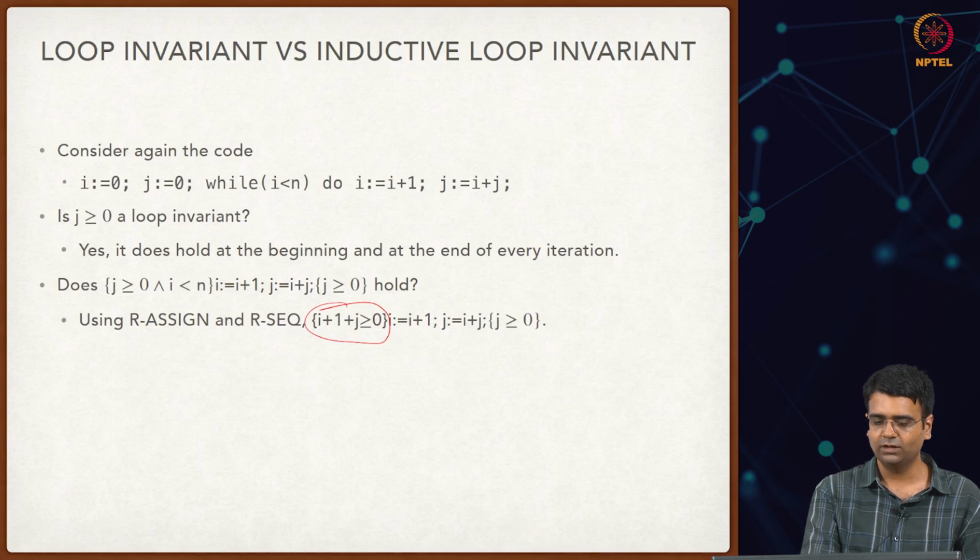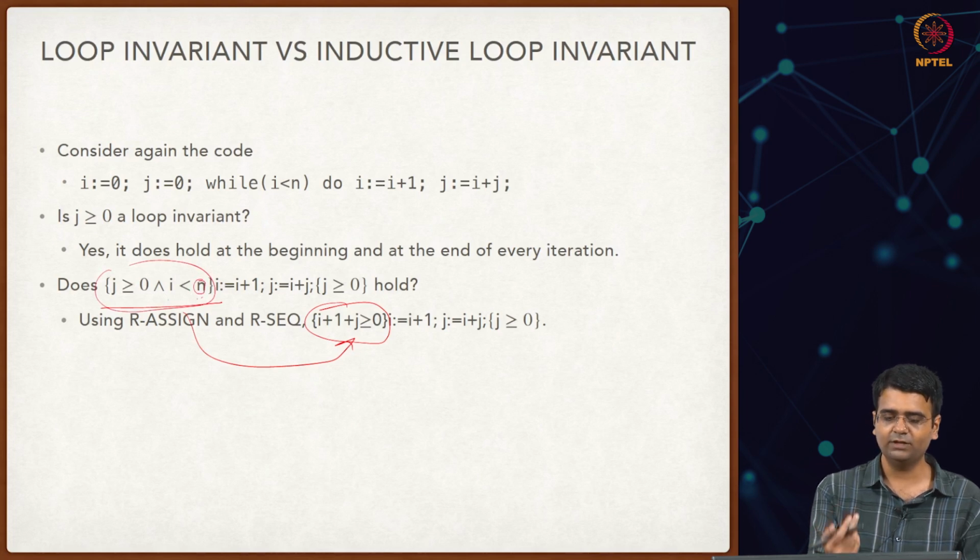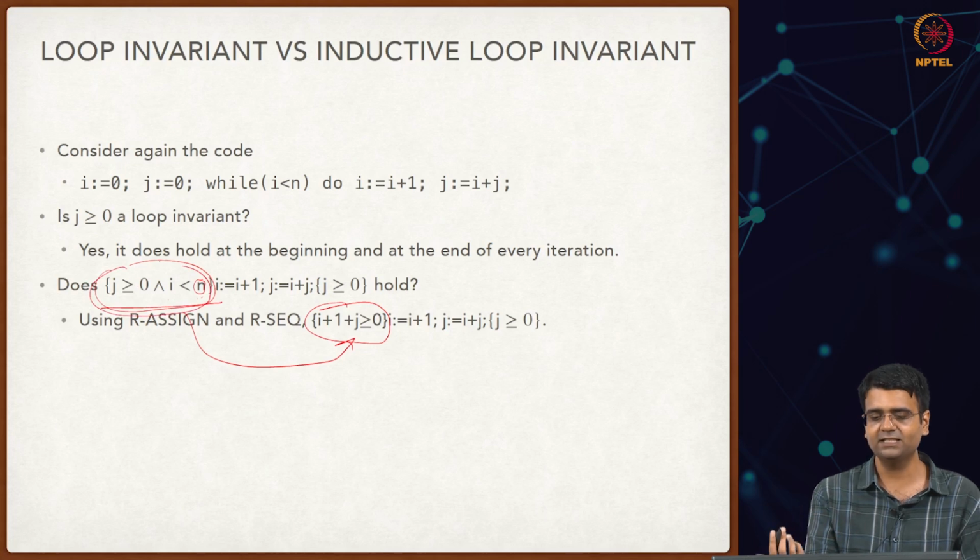Now does j is greater than or equal to 0 and i is less than n imply i plus 1 plus j is greater than or equal to 0 or not? In particular here my precondition is only saying that i is less than n, but I don't know what n is. So n in general could be a negative number, because this particular precondition itself doesn't constrain the value of n. It just says that i is less than n. Okay. So using simply this particular precondition, I cannot show that this precondition holds,